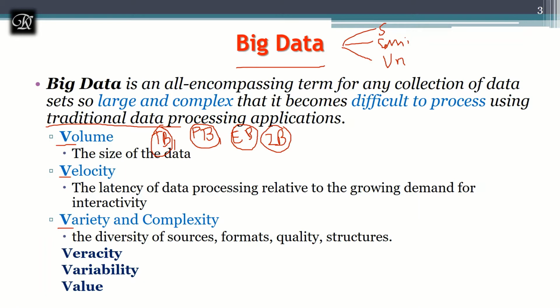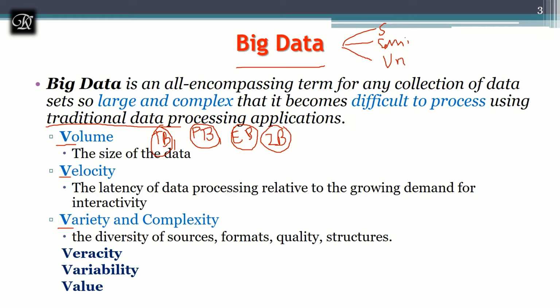And the value. Whatever the data is in terms of volume, velocity, variety, veracity, or variability, all these characteristics are going to give us huge data. So what will we create out of it? What is the value of the data? If you take data which is of no use, then you cannot go for analyzing it. So you have to see the value of that data: if I take this data, what value, what revenue can I generate out of it? That is what we can define with big data, that is, with the 6 V's.